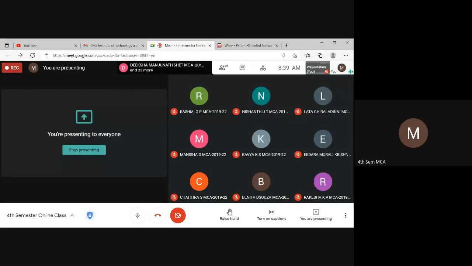Are you able to view the PDF file, everyone? Chaitra, is my PDF file visible?